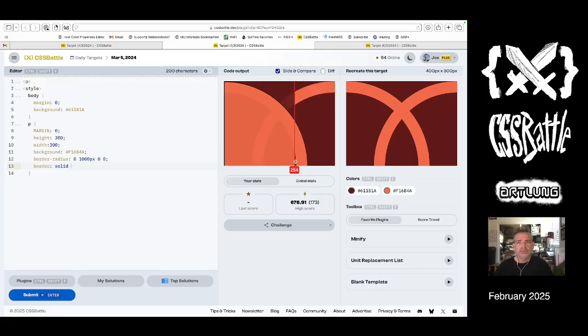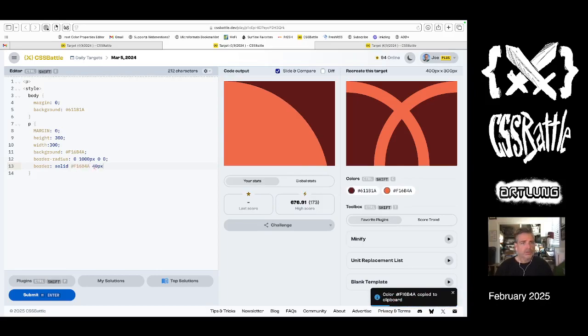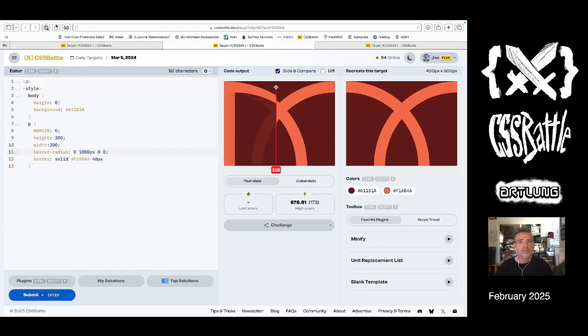What's the width of this? 260 to 300, so that's 40 pixels solid. Orange, 40 pixels. Turn off the background. Oh, and then we don't need that. We need